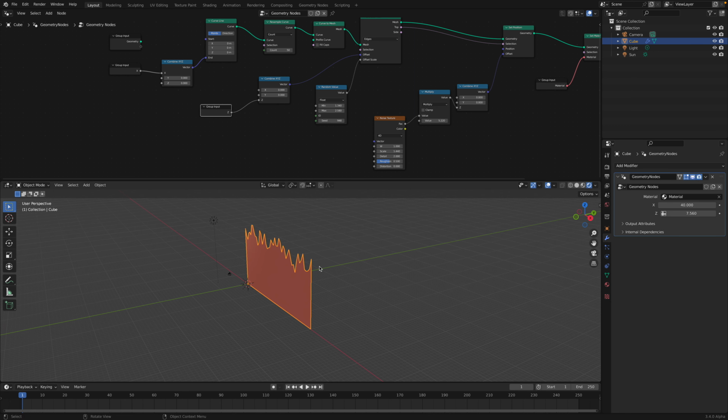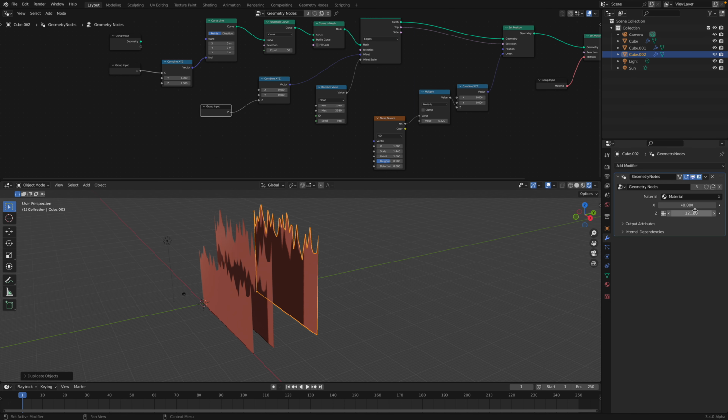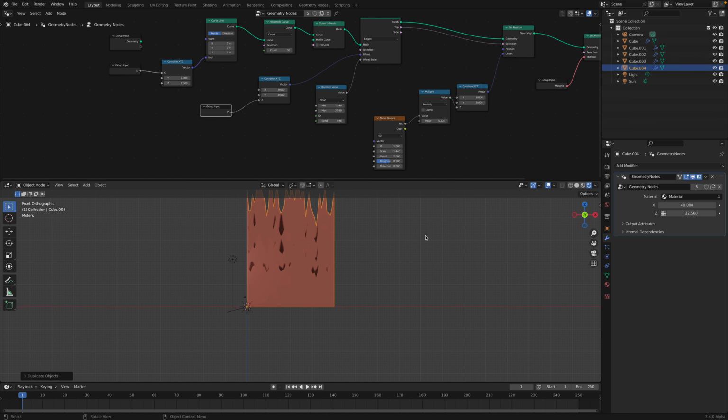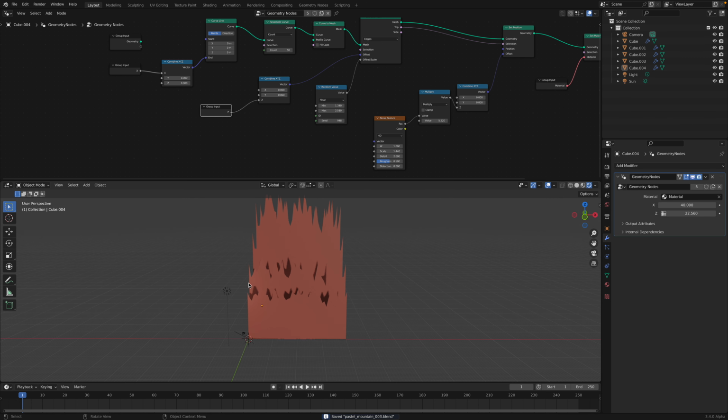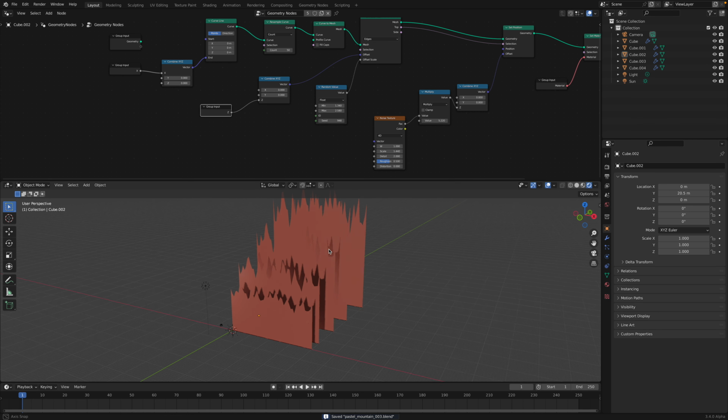Okay, let's do this again. Duplicate, control the height, duplicate. Yeah, that's okay. That's the idea. I need to control the lighting a little bit better. But anyway, for the